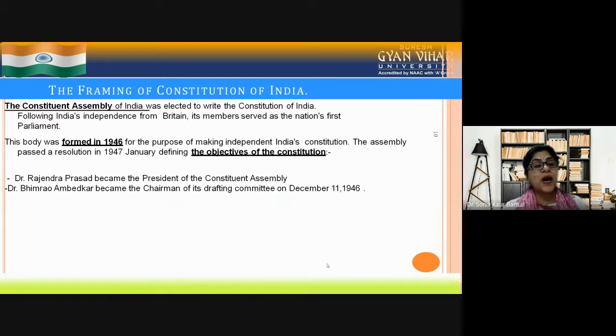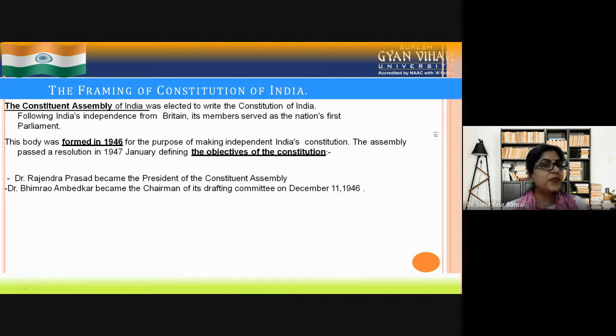The assembly passed a resolution in January 1947 defining the objectives of the constitution. So Dr. Rajendra Prasad became the president of the Constituent Assembly, and Dr. Bhimrao Ambedkar became the chairman of its drafting committee on December 11, 1946. So it's very important for all of us to know about the Constituent Assembly, that the Constitution was drafted by the Constituent Assembly, which was elected